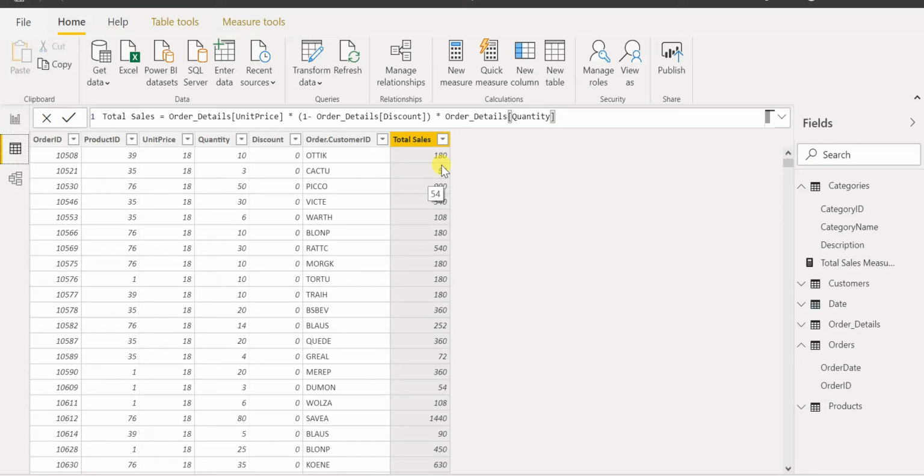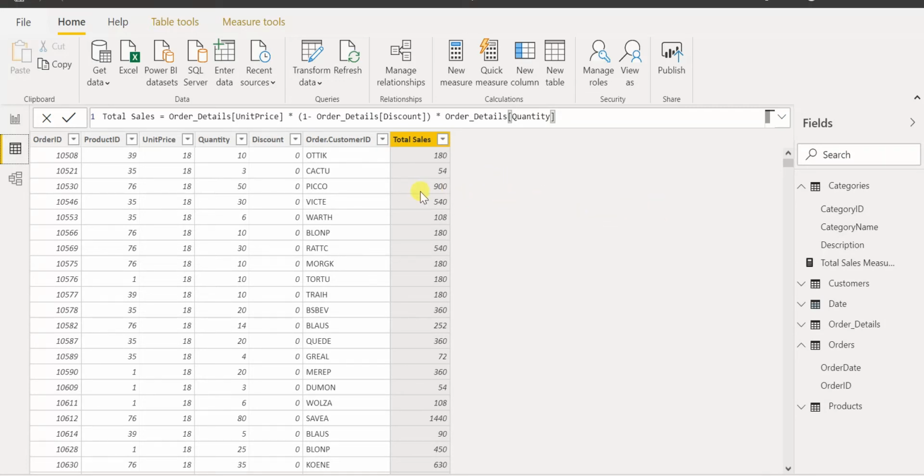Because all values are pre-calculated, whenever you use this column in your reporting, there is no need to go back to your database, and it will not create the calculations dynamically based on your dimensions. Everything is pre-calculated, so there's no need to recalculate once you use the dimensions or slicers.